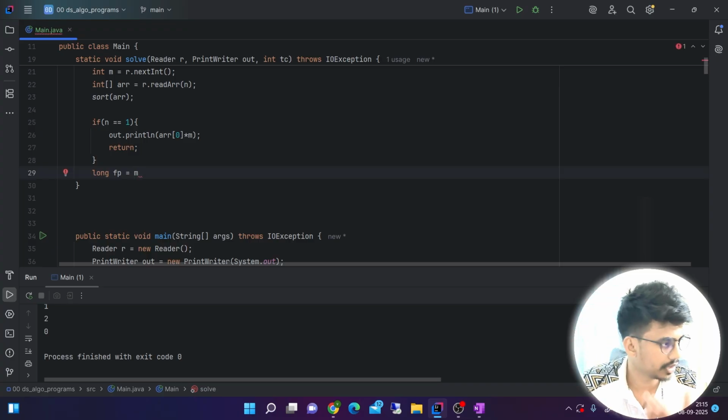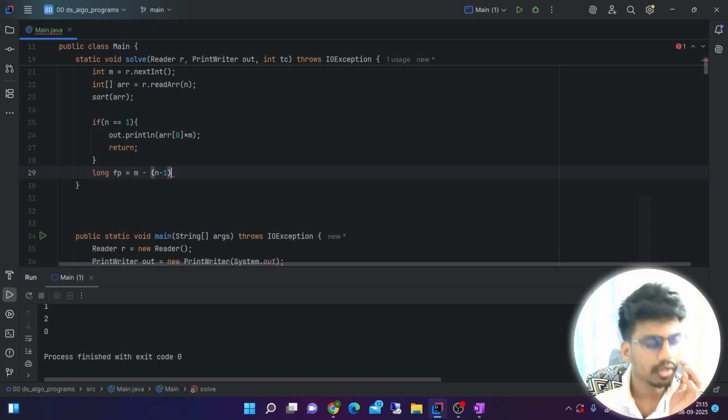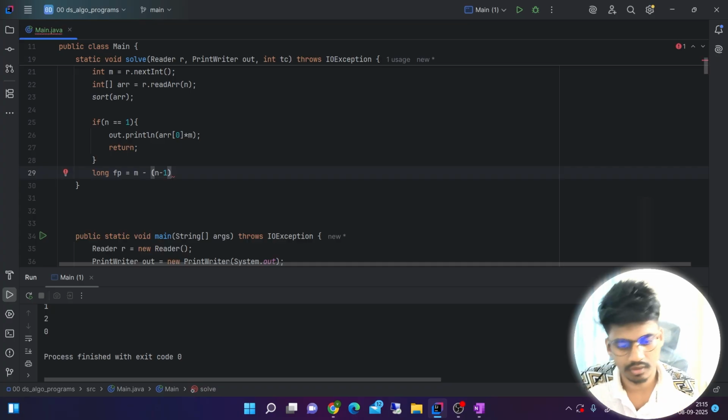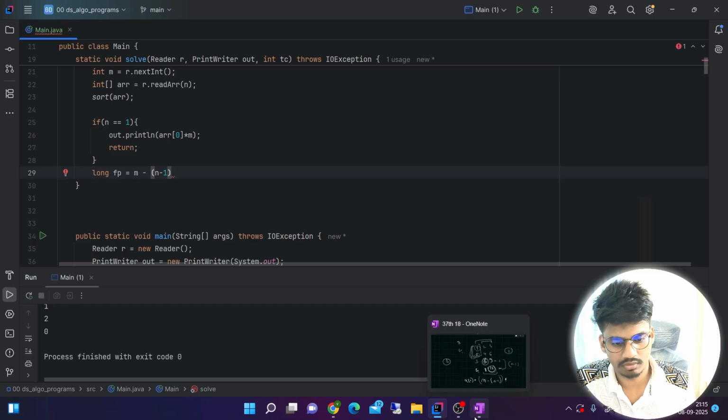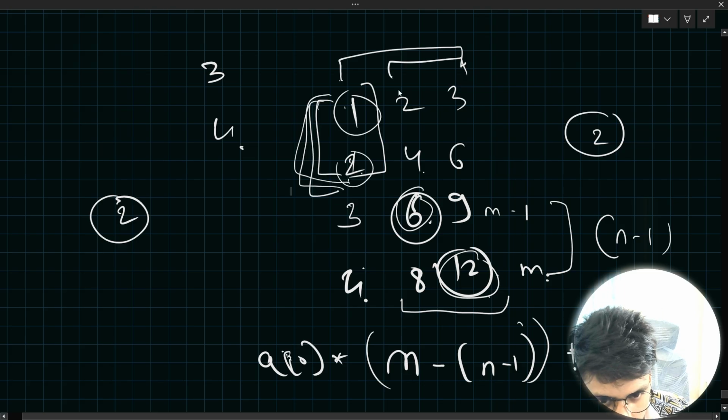Okay, we have this complete m minus n minus 1, that is we take all the remaining elements in the cross fashion. Okay, we were having 4, n minus 1 would be 2, because if we do this cross thing,